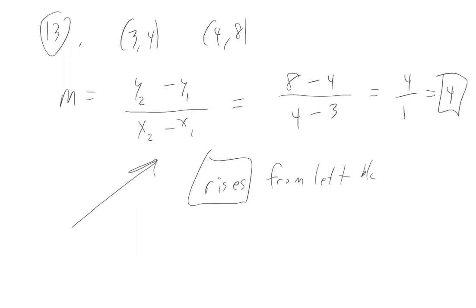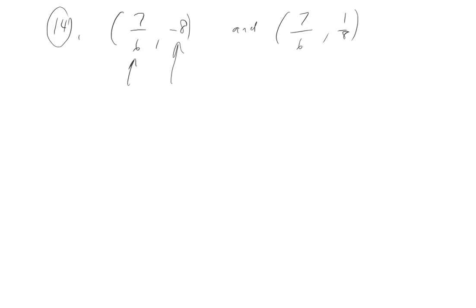All right, now let's look at 14. So once again, it says find slope. Okay, so let's think about this. So your x value is 7/6, and then you're at negative 8, right? And then your x value is 7/6 again, and then you're at positive 1 over 8. Now notice something strange. It's kind of like one of the first problems we did. See how there's 2 different x values that are both the same,